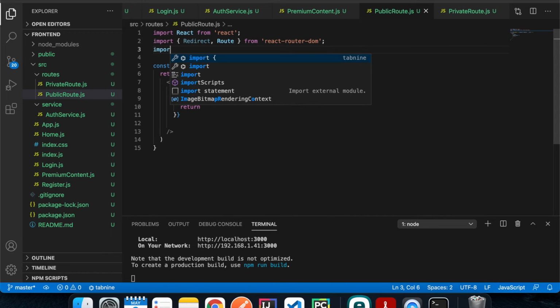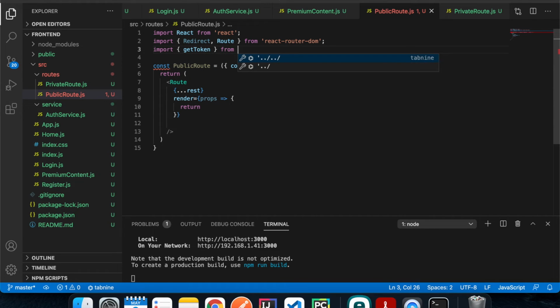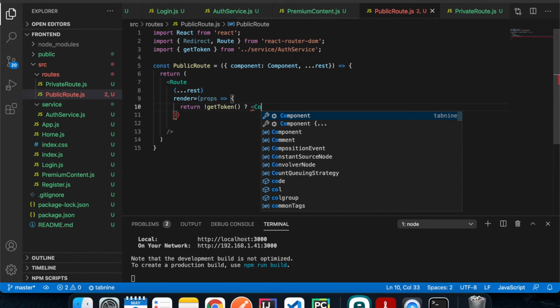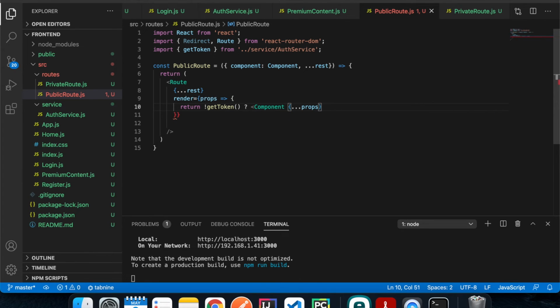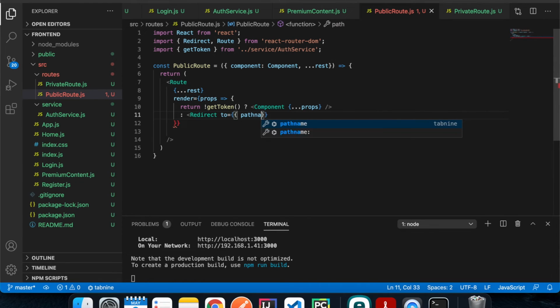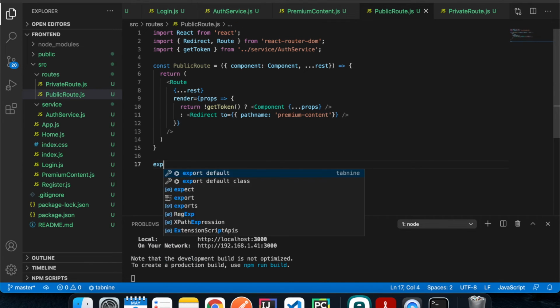We're going to check if the token does not exist, and allow access to whatever the public component is. Otherwise, if the token exists, we're going to redirect the user to a pathname equal to the premium content. Okay, and then finally we're going to export default